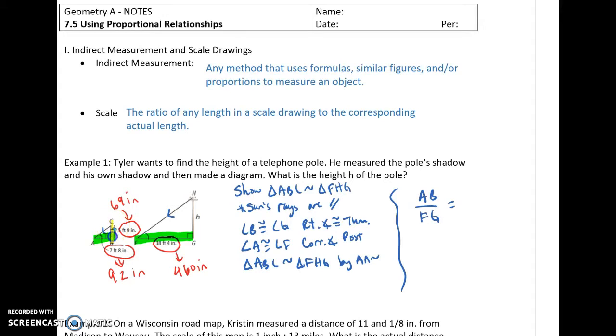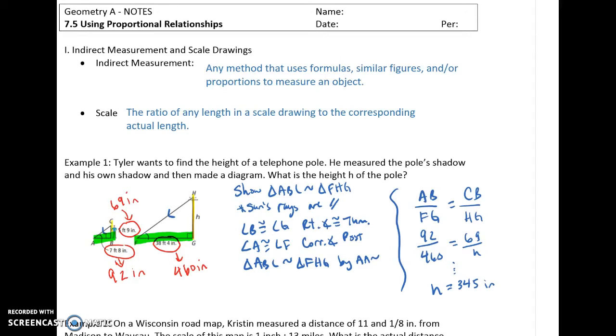So now I'm looking at the heights, which are CB and HG, and I want to make sure I'm putting that in the same positions in my proportion. So again, small to big, so CB on top and HG on the bottom. Okay? Then plug in your numbers and solve your proportion like we've been practicing. Remember to use your converted numbers. Alright, so then I just did the cross multiplication, and